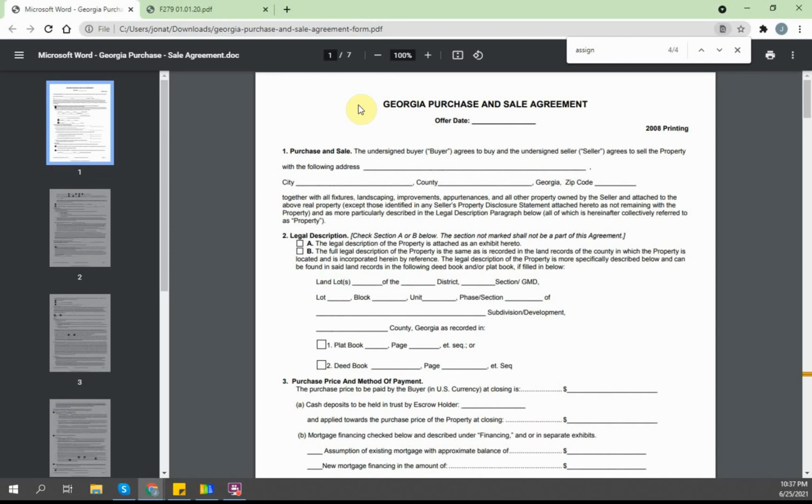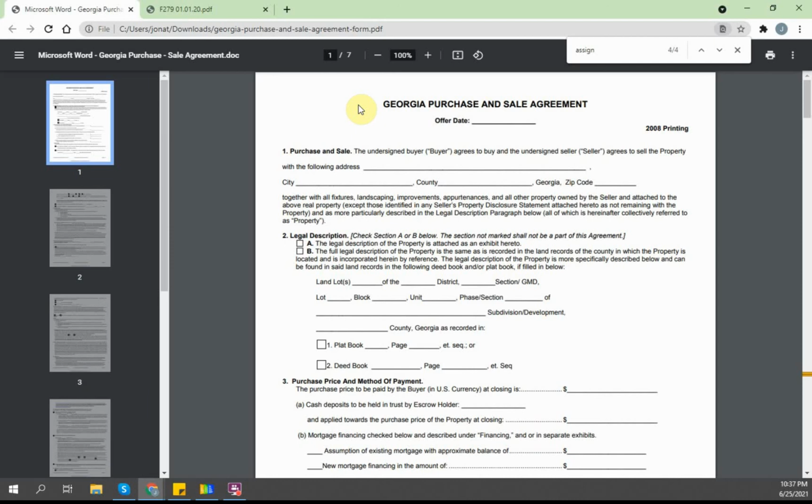Banks don't like for you to assign their stuff. There's a method you can use to still assign the agreements you make with banks and wholesale bank-owned properties. I'm not going to get into it right now, but maybe I'll do another video about that.